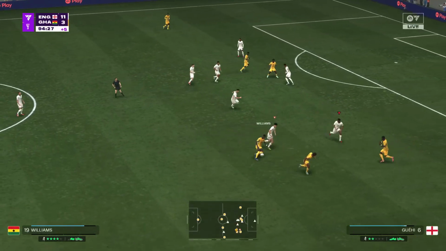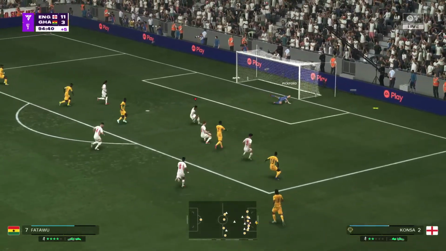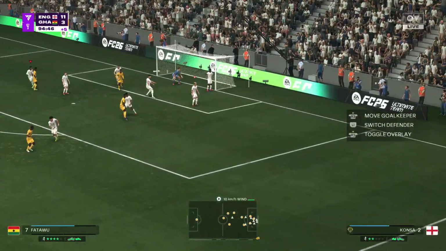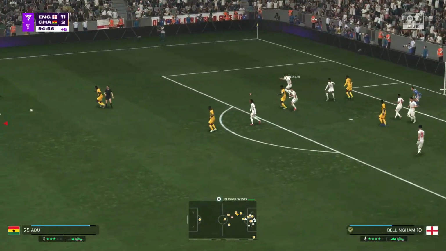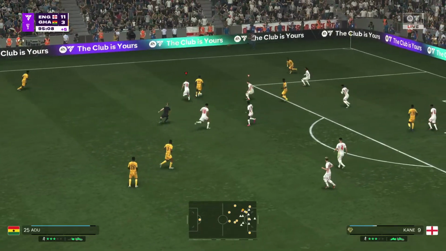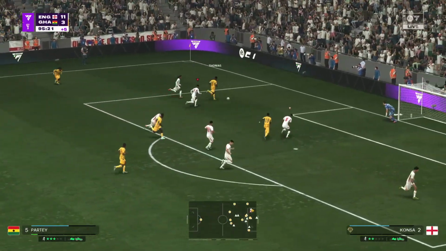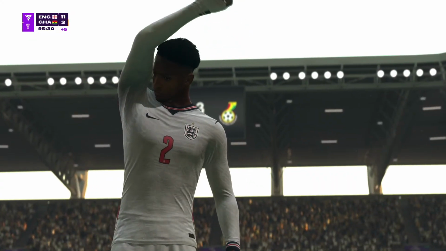Decent position. He's in behind. Well, fantastic reflex action from the goalkeeper. Can he deliver it with accuracy? Semenyo. Well, it's open up. And behind it's gone for a corner.